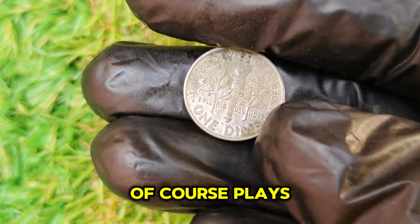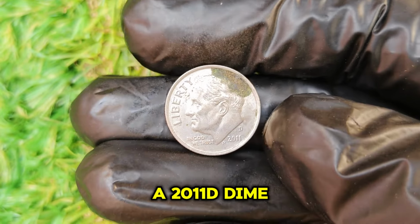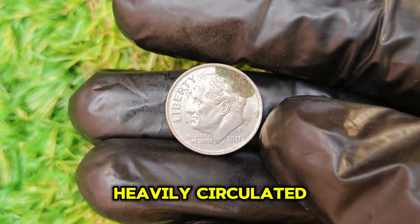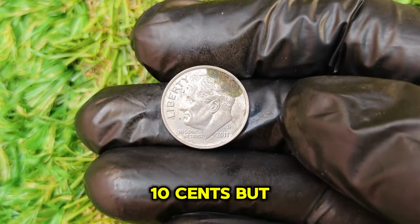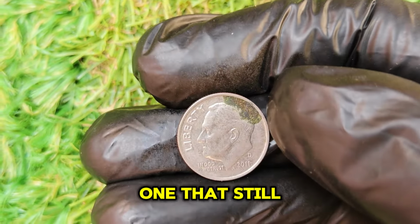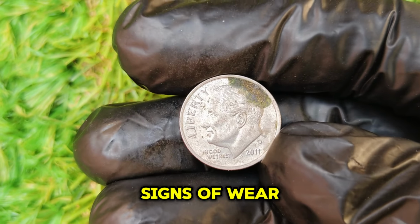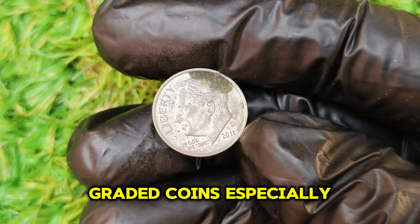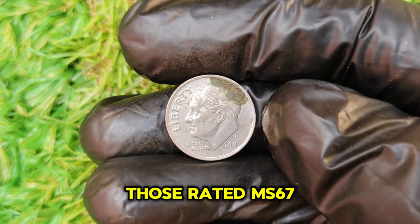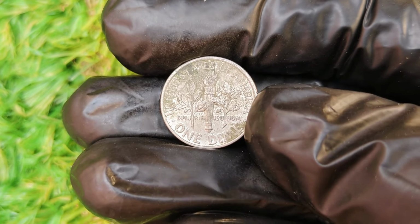Condition, of course, plays a huge role in determining value. A 2011 D dime that has been heavily circulated might only be worth its face value, 10 cents. But an uncirculated example, one that still gleams with its original luster and shows no signs of wear, can be worth a surprising amount to the right buyer. Graded coins, especially those rated MS 67 or higher, have fetched hundreds or even thousands of dollars depending on rarity